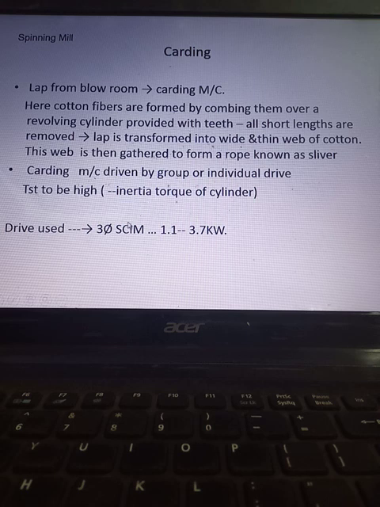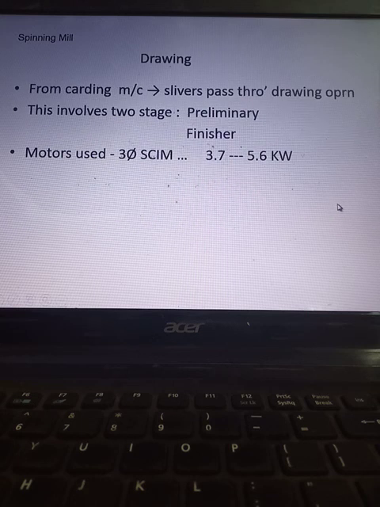Requirement: high starting torque, the rating this much. Next, in that spinning process, drawing. From the carding machine, we feed it to this drawing, wherein the slivers are passed through the drawing operation. In the carding section, we got the slivers. Those slivers are passed through the drawing operation, the same as earlier,